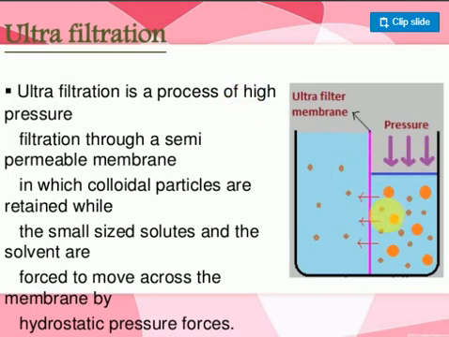This has one property. It does not allow any colloidal particles. It allows only the crystallites and impurities to pass through. How is the ultrafilter paper prepared? First they take cellulose nitrate, ethyl alcohol and ether, and then they take the filter paper. The filter paper is soaked in the colloidal solution and dried. After drying, it has some properties: the pore size will not allow the colloidal particles to pass.